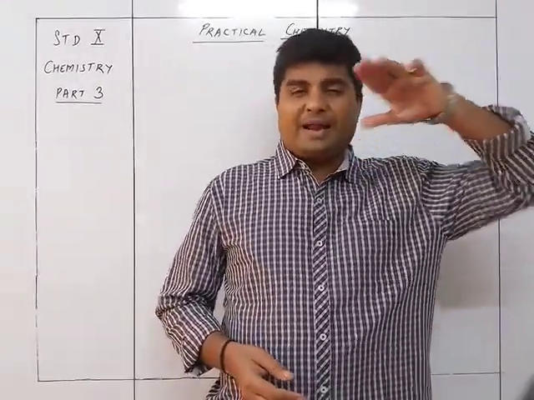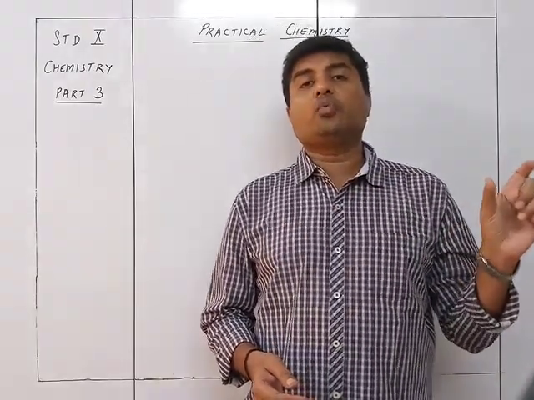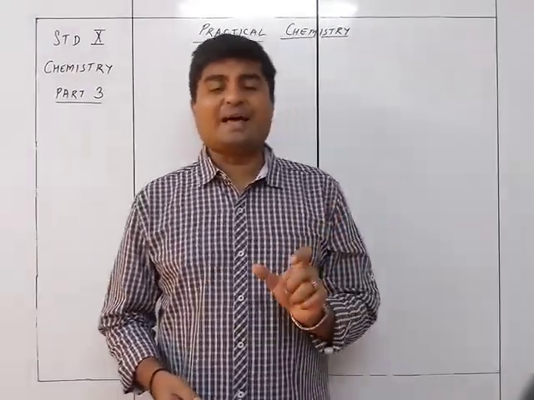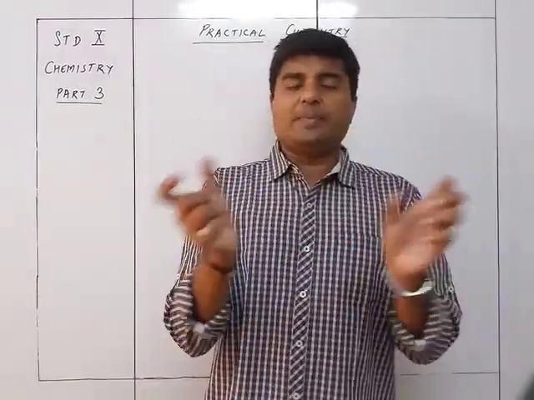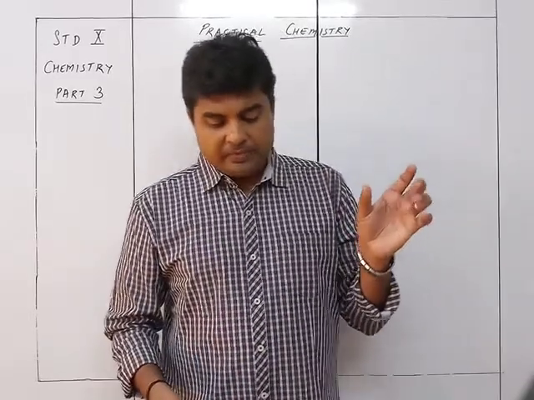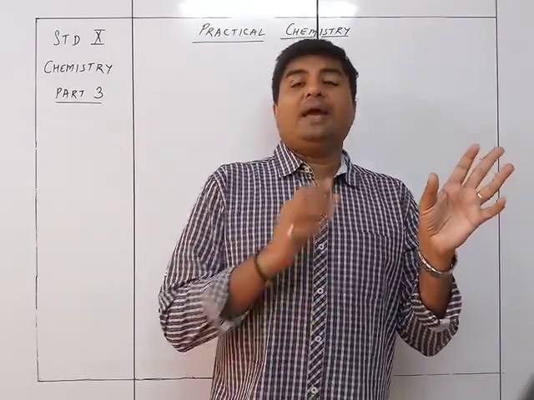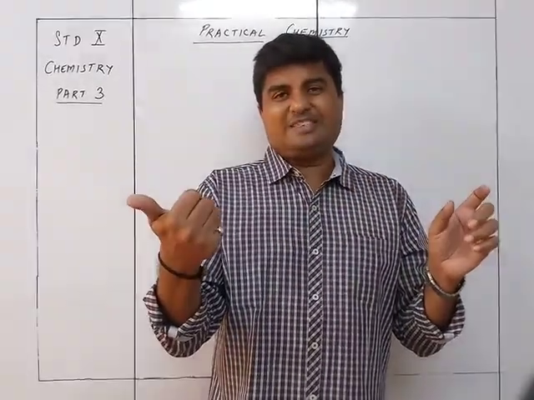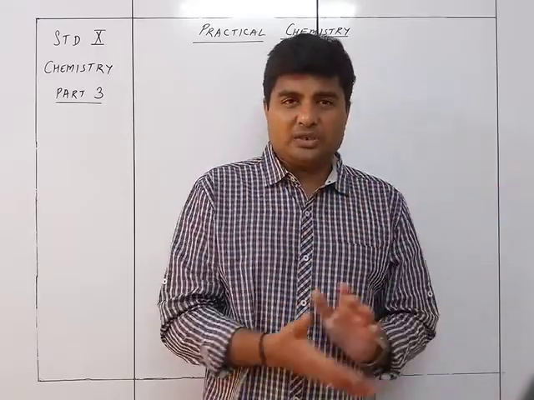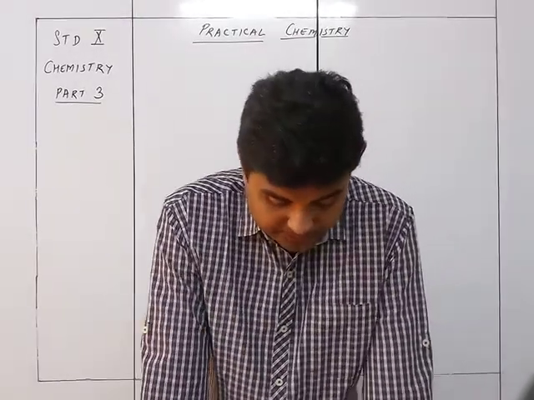What cation I have in the salt doesn't matter to me. What is important is what anion I have taken, and what I am using is an acid. So definitely there is going to be a double displacement taking place. If I have taken Na2CO3, then Na will have affinity to go towards Cl, whereas Ba will be left with CO3, and accordingly will form BaCO3, which is nothing but a white colored precipitate.